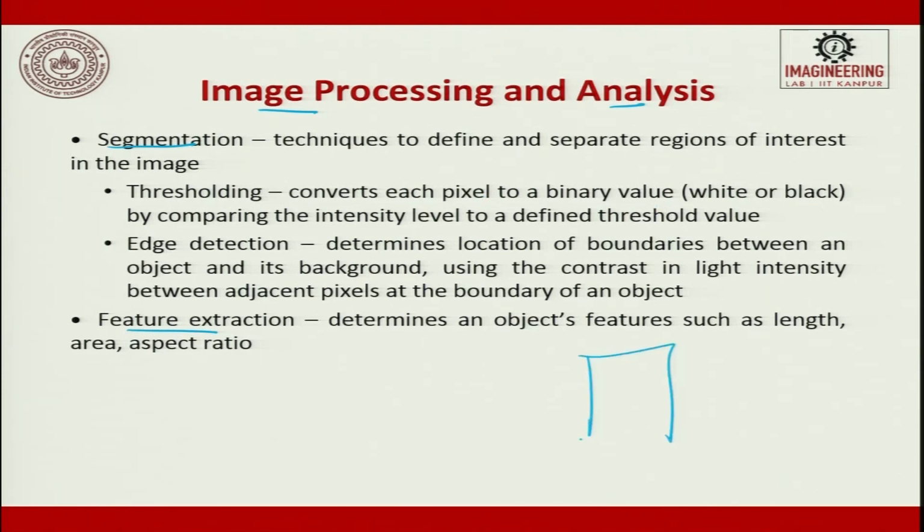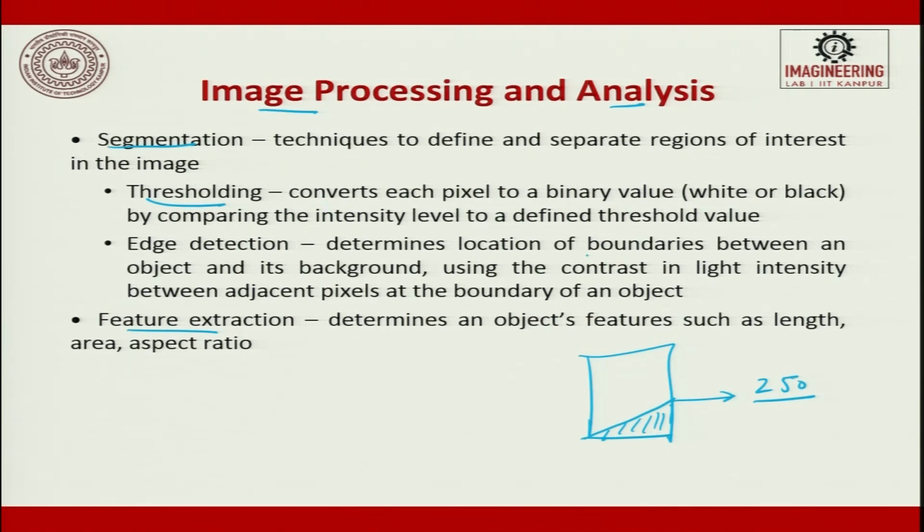Suppose there is a unit cell, and only this portion is black. Now you set a threshold value of 250. So, if the value is less than 250, then the entire cell will be activated. So, this is thresholding. How did you fix this 250? It is from the prior knowledge we have.